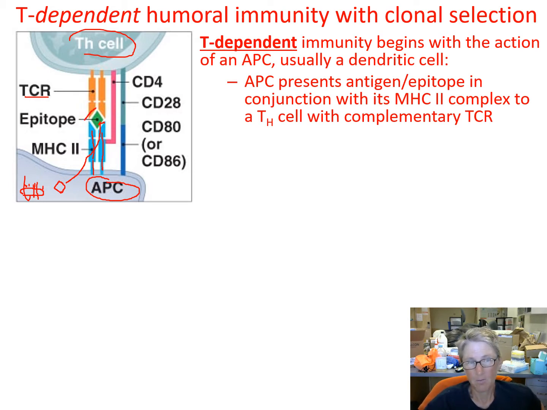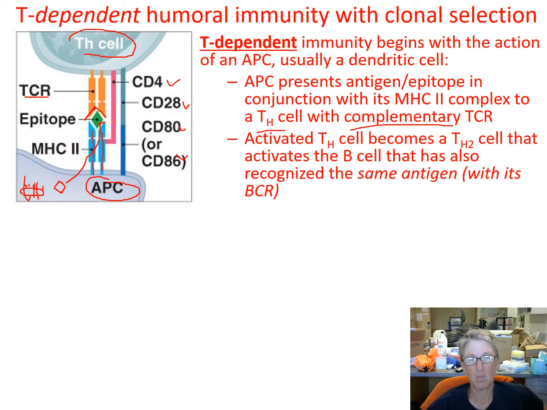specifically found this epitope MHC2 complex, and then you form this immunological synapse. And all these cluster of differentiation proteins, or CD proteins, they all are just kind of co-receptors to help stabilize the synapse and make sure that the recognition is valid. Okay, so antigen presenting cell presents antigen epitope in its MHC2 complex to a helper T cell with a complementary T cell receptor. So that word complementary just means that the T cell receptor recognizes or is a complement to